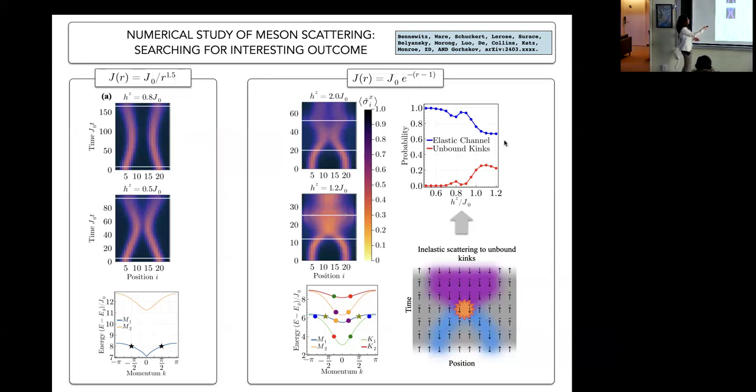What about the exponential model? This is another model that is doable, also in trapped ion systems and other platforms. Well, here you see more interesting things because the spectrum is much more complicated. Here you can have both the meson bound states and the free kinks. So remember, the kinks are like quarks and antiquarks. So you can have both in the low energy excitations.